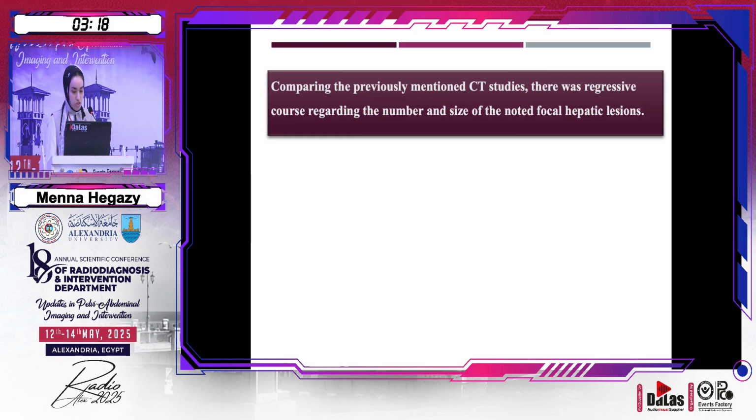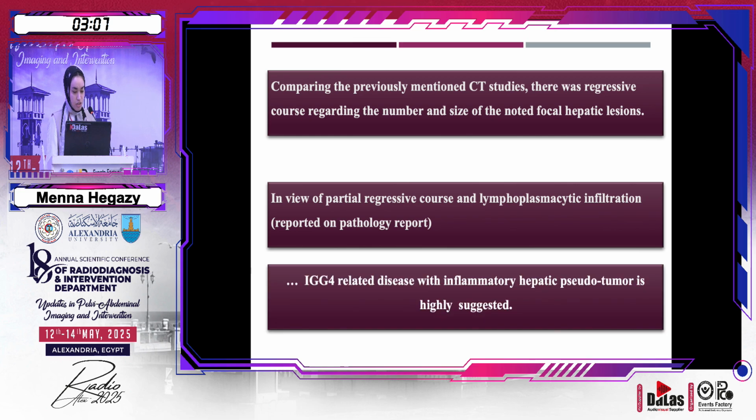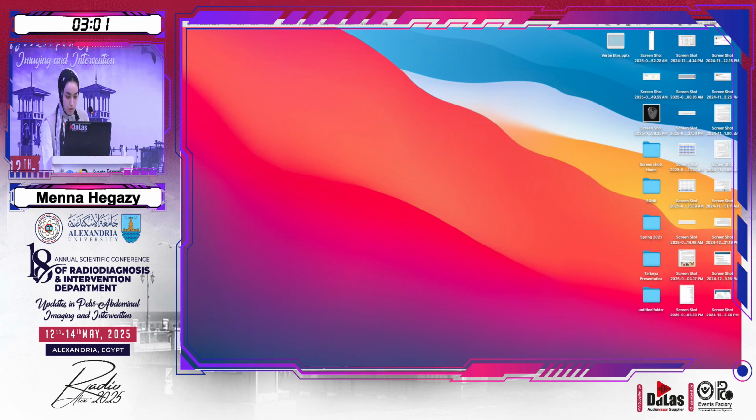Comparing the previously mentioned CT studies and the regressive course regarding the number and size of the noted focal hepatic lesions, and lymphoplasmacytic infiltrations reported on the pathology, IgG4-related disease with inflammatory hepatic pseudotumor was highly suggestive. And if we go back to the first CT study,